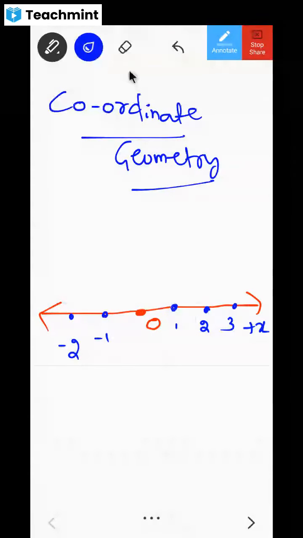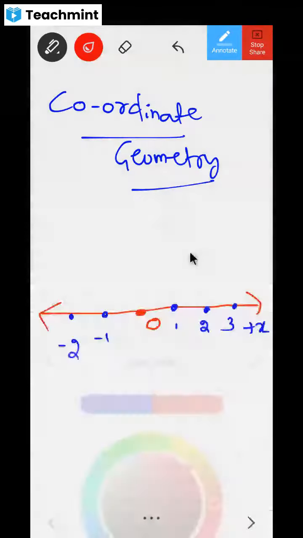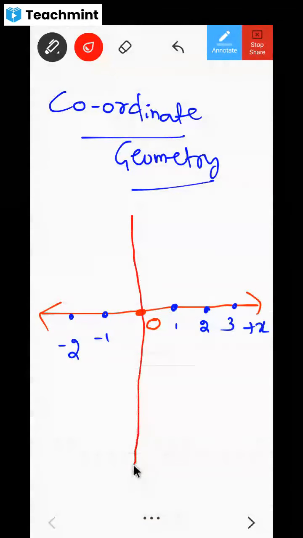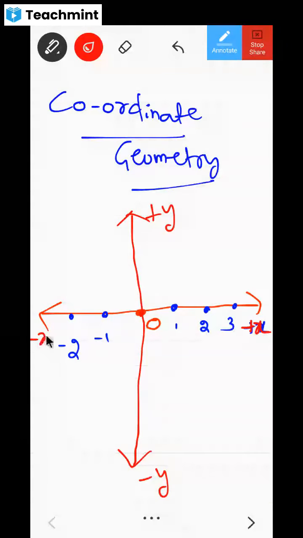As we have this horizontal line, we can have one more line, no? So can I have a vertical line like this, dear children? Yes, sir. This is called positive y-axis, and the next one is called negative y-axis. This side is positive x-axis, and this side is negative x-axis. So this horizontal line is called x-axis, and this vertical line is called y-axis. And wherever they meet, that point of meeting O is called origin.